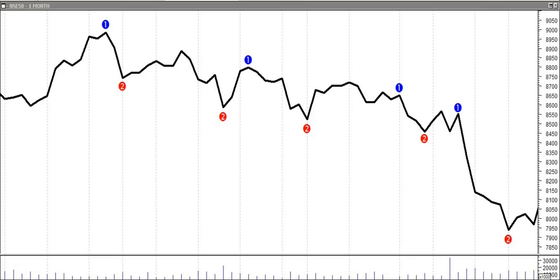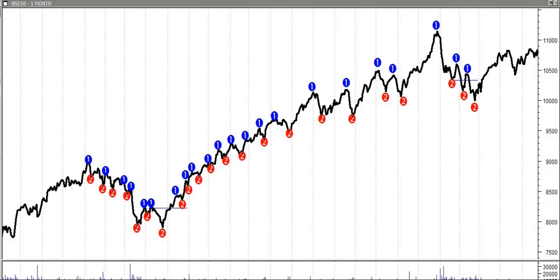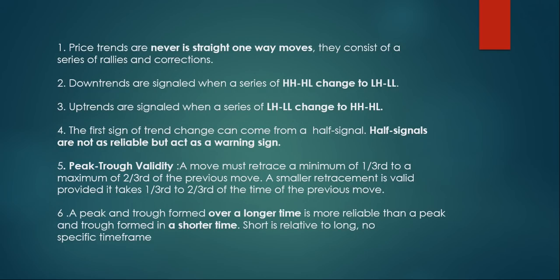Clear? Now see the whole picture. This is something like end of 2016 to 2017 to 2018. If you see the first part, this was a bear market where we had a series of falling peaks and troughs. Then we had a kind of trading range. This high, the peak, was broken. We had a series of rising peaks and rising troughs. That one got broken here. We again had a falling peak and falling trough. So this was again a bear market, right? So this is how the market operates.